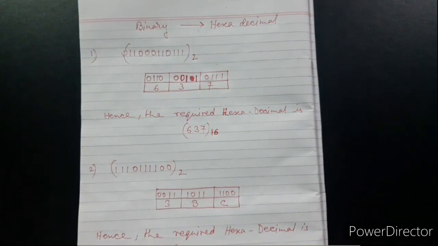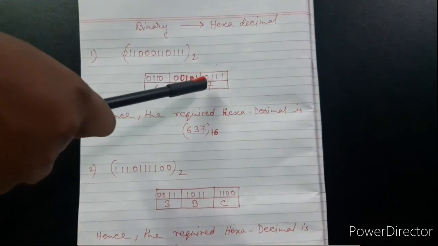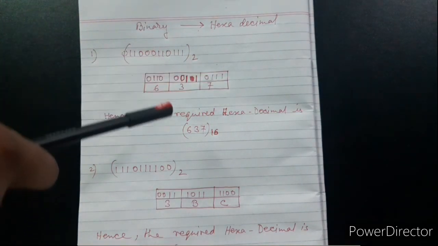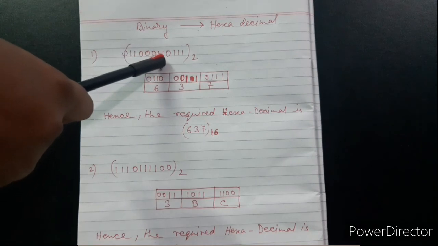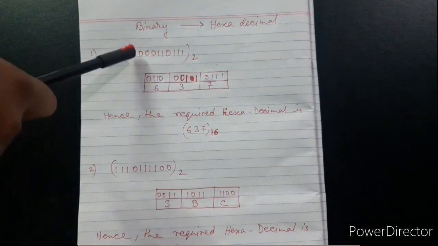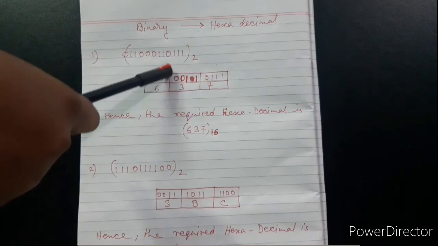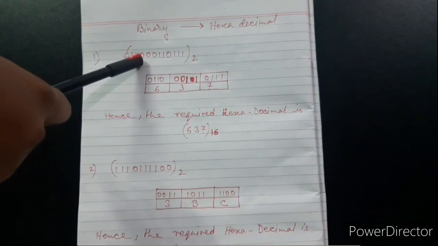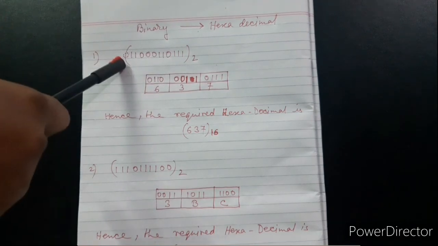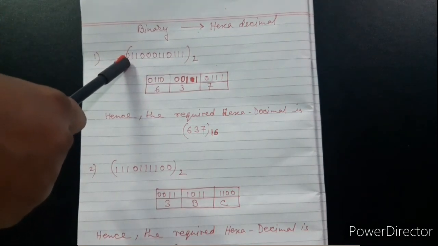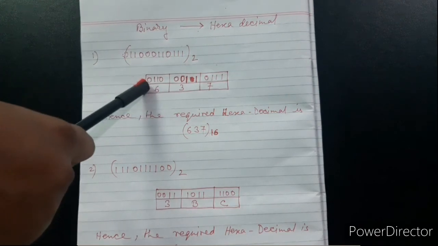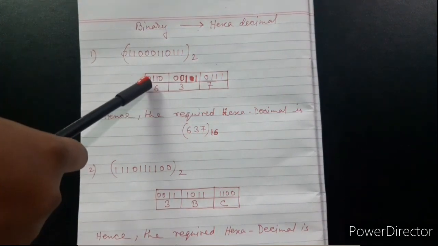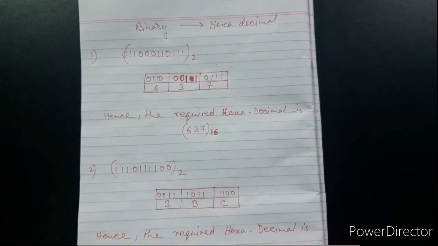1100110111. First we have to create 4-bit groups from the right. So our first group is 0111, then 0011, then 110. Here to form 4-bit group, we just put an insignificant 0 and form 4-bit group 0110. Now